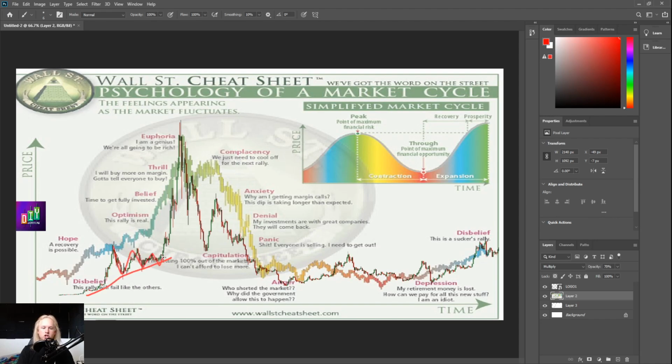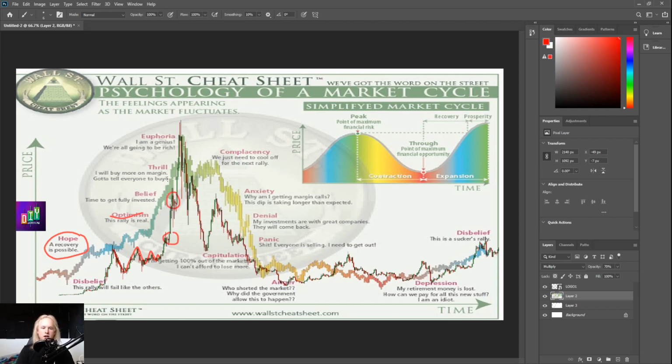This little ascending triangle before moon is the same thing as this little move here, where we're just uptrending, and then we go up into that final parabolic move. We can see both of these happened right here at the same point. So hope is the point where the market starts breaking out. It starts uptrending before it goes super parabolic. And this is really the same point that Ethereum was at back in 2015, or back in 2017 when it was at $450. It was at this hope phase. And then you can see that we get the real blow off top where everything just goes parabolic. That's when you can start to see these emotions being played out. Optimism would have been right here.